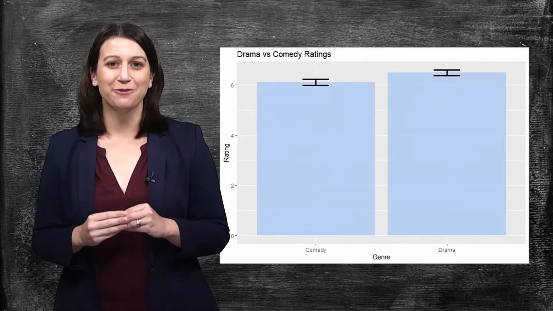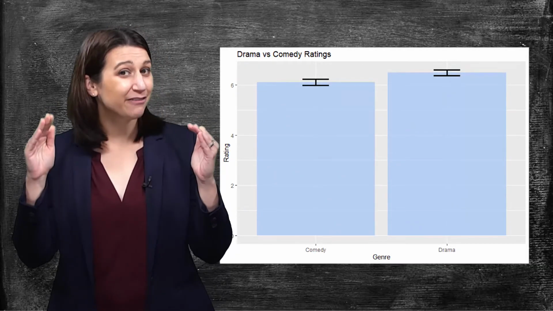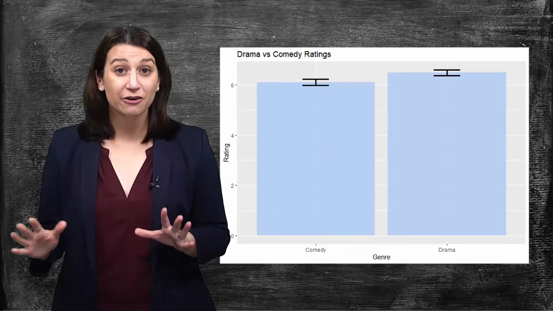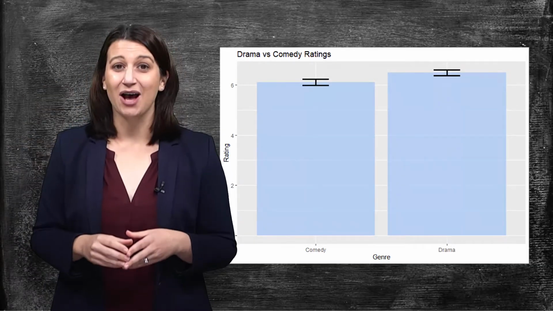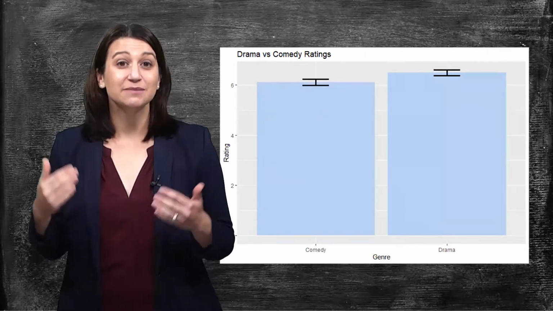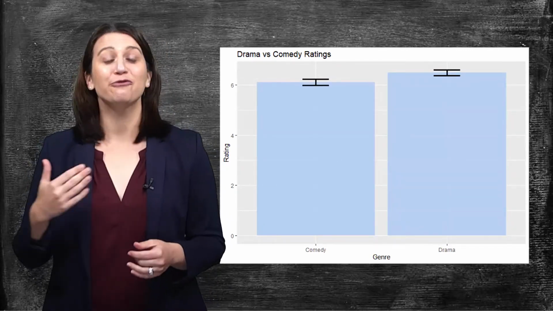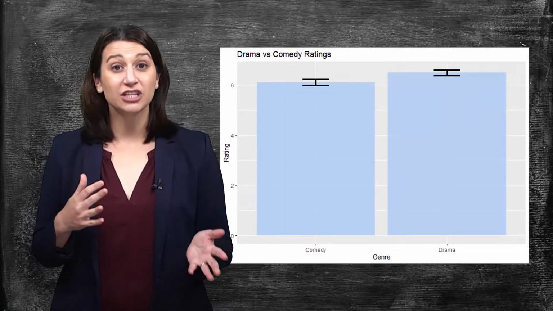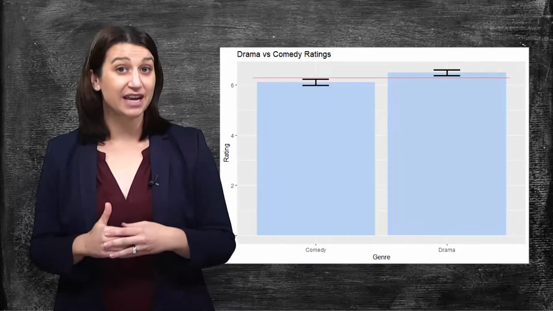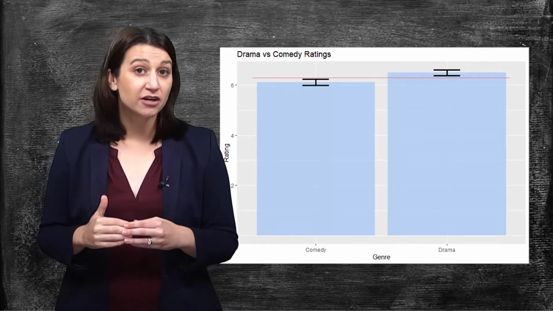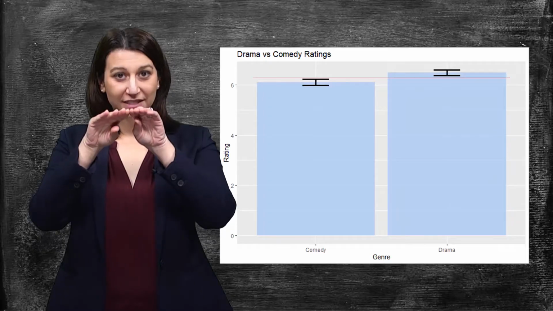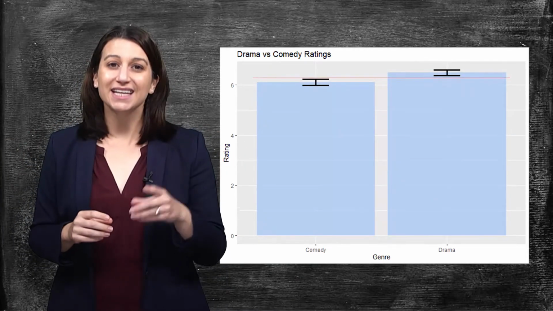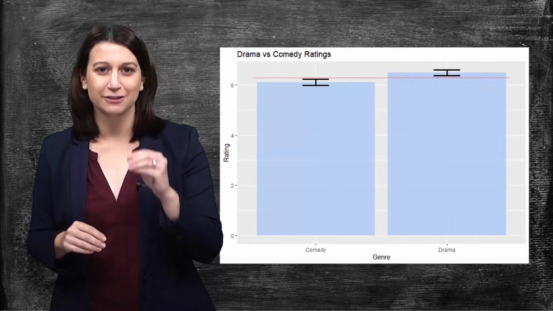Here I have created one for our data. The height of the bars represent the mean ratings for each group. The error bars then are the black lines at the top. I calculated these based on the standard error for each group. Using this visual check, we can check for an overlap of the error bars. If the bars overlap, meaning there is a way to draw a horizontal line that crosses through both error bars, then it indicates there is no significant difference between our groups.